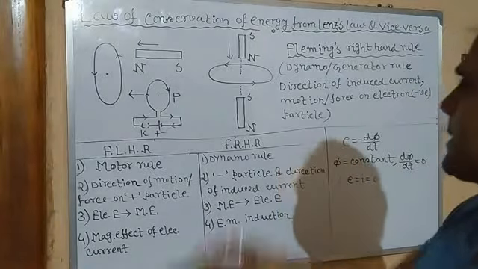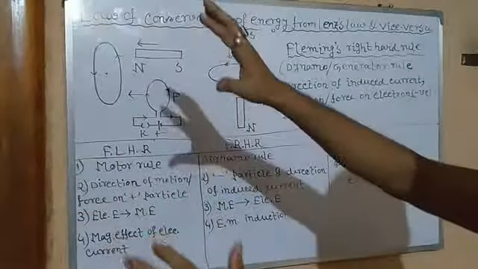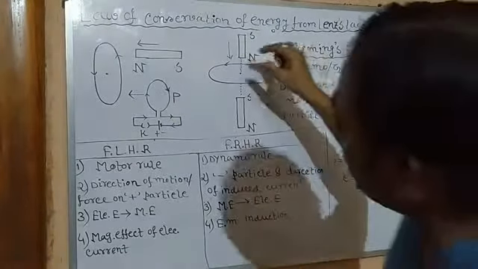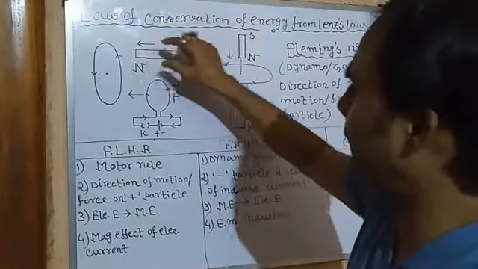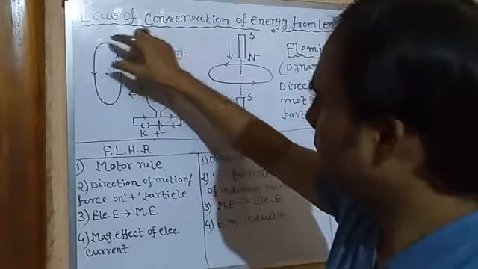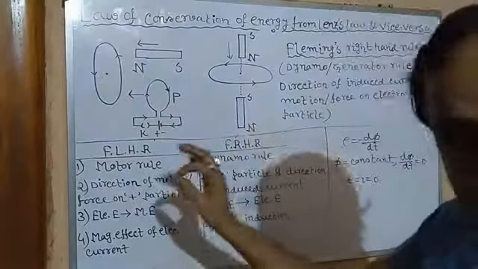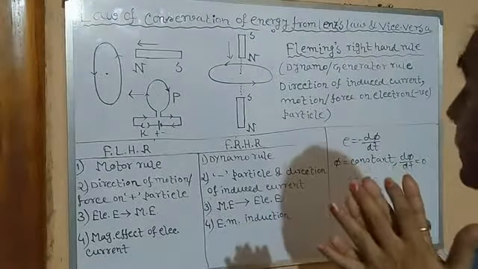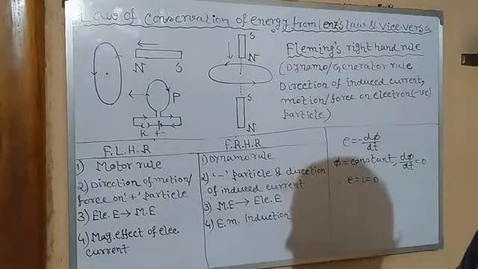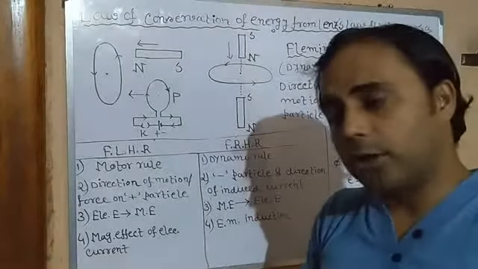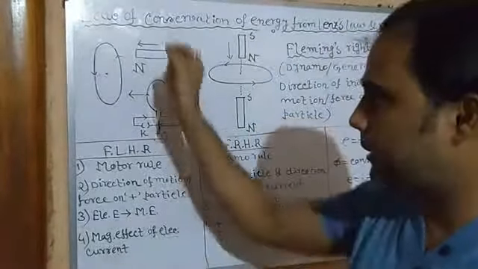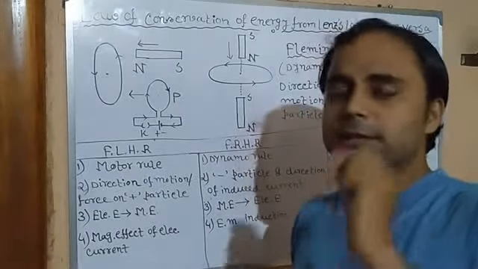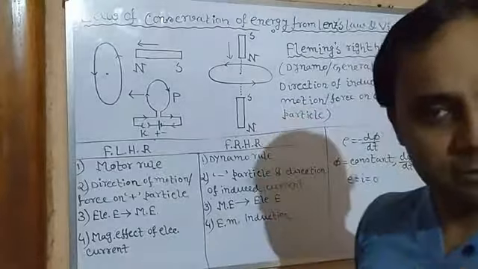Okay. So let's come to how the law of conservation of energy can be obtained from Lenz's law. When we bring the north pole of a magnet closer to a closed coil, current is induced. If we move it away, current is also induced. But according to Lenz's law, the direction of the induced current in the closed conductor or coil is such that it opposes the reason of its creation, isn't it?